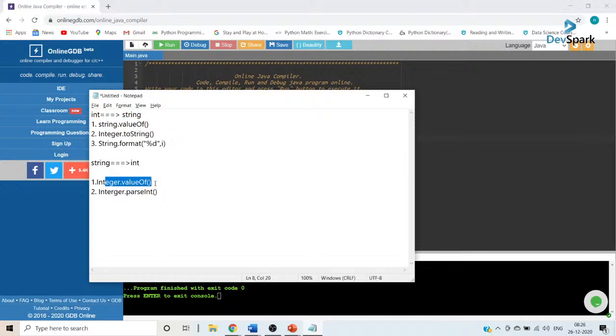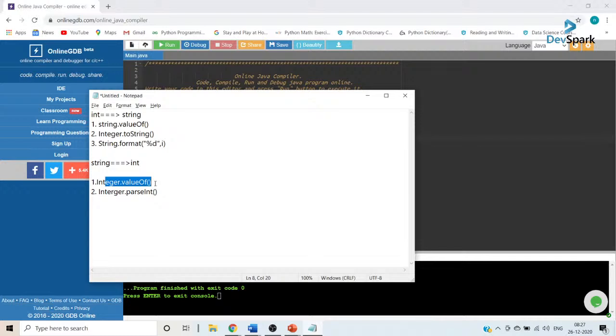Similarly Integer.valueOf is also a static method, and the kind of signature and the kind of usage will remain exactly the same as in the earlier program. Now the next method that we have is your Integer.parseInt method. This will look similar, but the discussion that we need to do here is